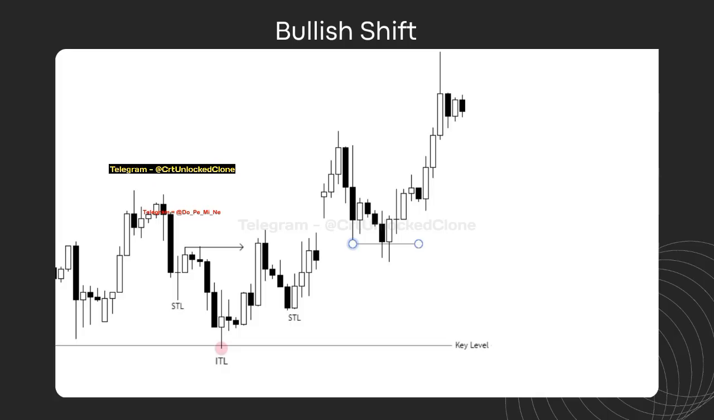Another thing you can also see right here is that this low right here is an intermediate term low. This can also be classified as a long-term low because it tested a higher time frame key level, but you can just classify it as an intermediate term low. The reason for it being an intermediate term low is because it has two short-term lows to its opposite side, one to its left and one to its right, and then this intermediate low is protected,